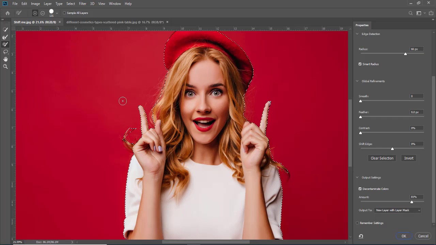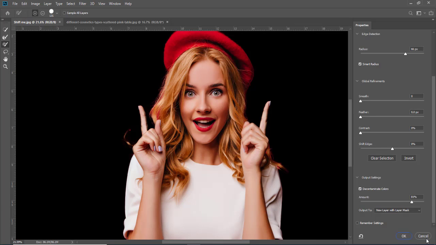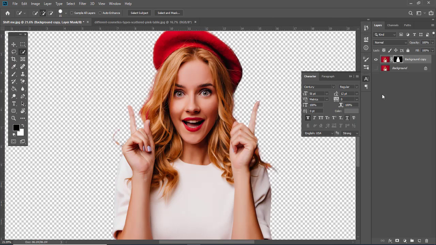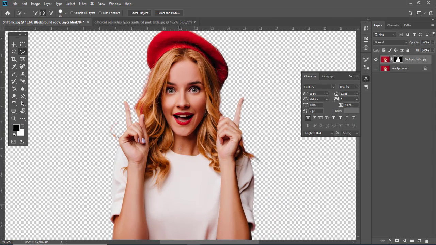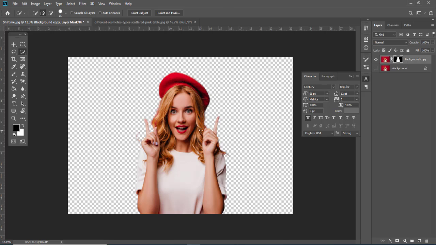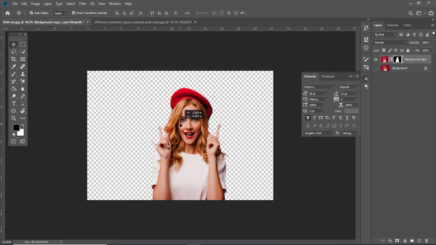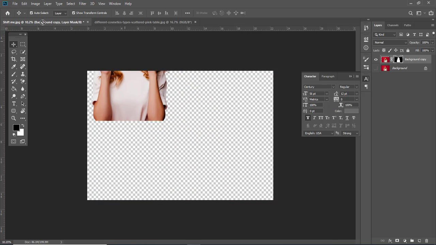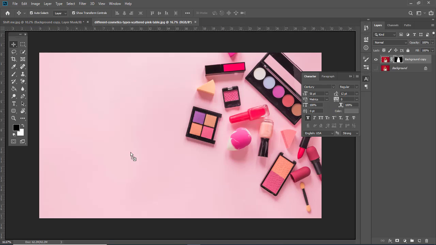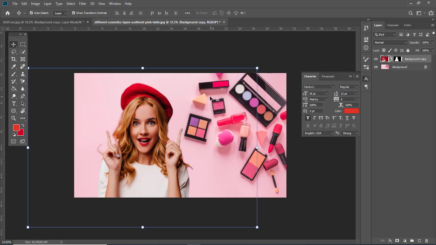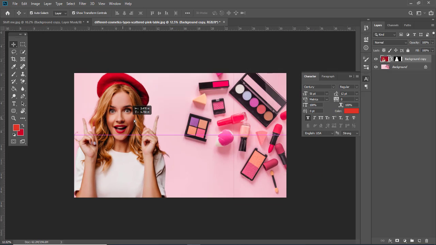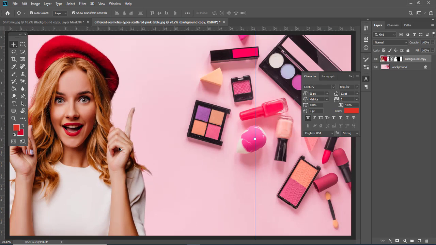Okay, this is good. The selection is okay. So select OK. See, now the background is removed. So you get a good result. What we will do is shift this to the next layer. Okay, look, it looks good.